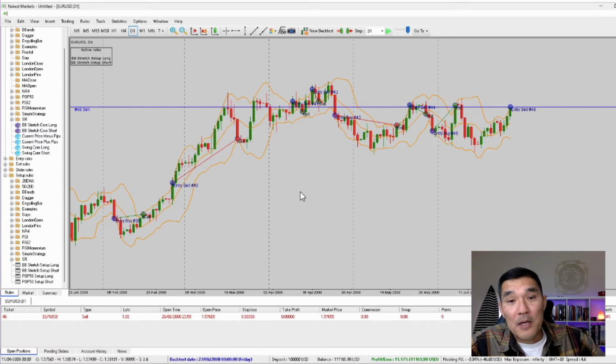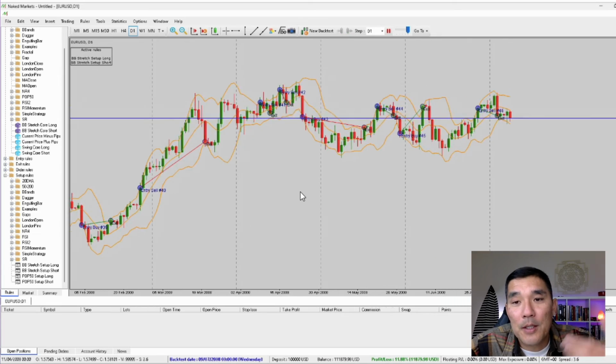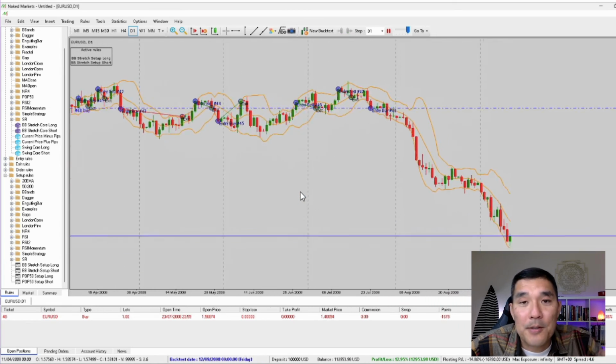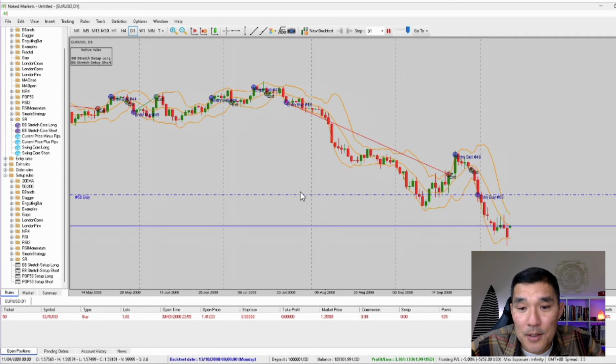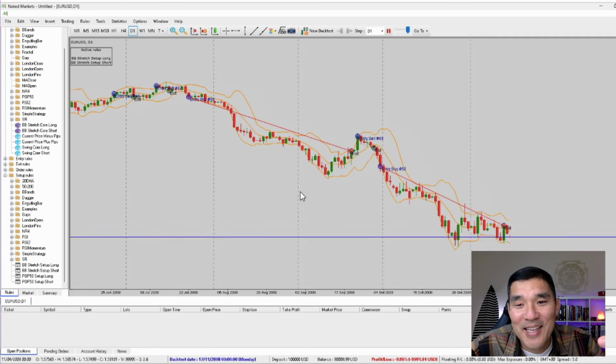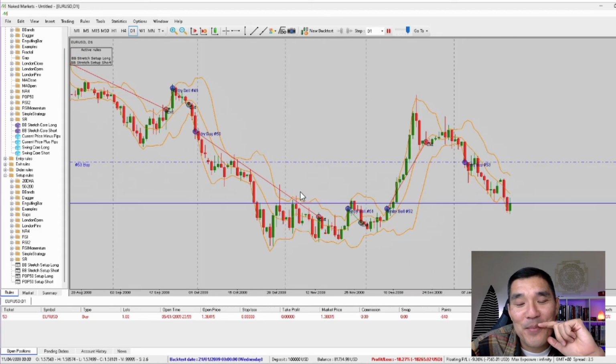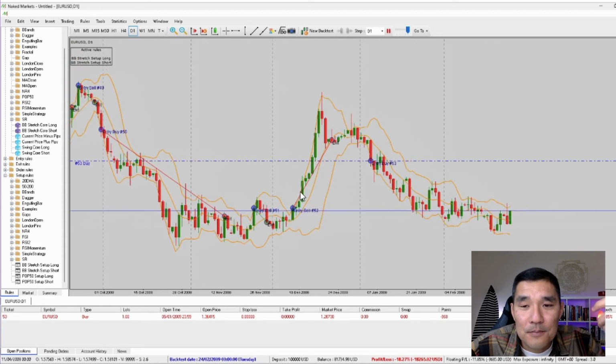So the benefit with naked markets is that you can see this on the chart, right? You can run it forward and it'll do the trades. And this will allow you to see if there's any errors in your logic, any errors in the strategy. Oh, that was a big loss. Another big loss. Okay, so there has to be some risk management in there, right? But that aside,